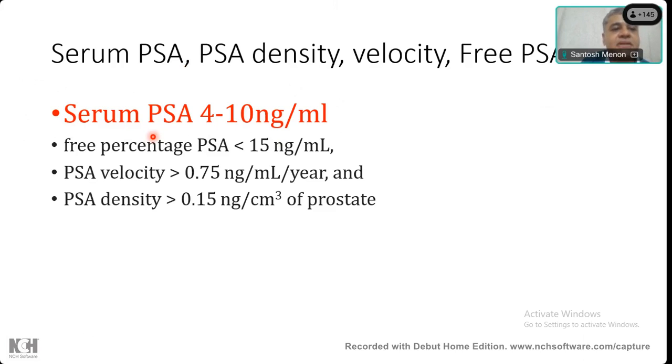After biopsy, when they treat the patient, they actually treat the level of PSA. So it is an important parameter which you should remember when working up a case of possible prostate cancer. The other ones are the free percentage PSA levels and the PSA velocity and density. I've just put in the values here; these vary in different organizations, different countries, different ethnicities. So these are not very sacrosanct levels, but these are sometimes used to look at a patient whom they